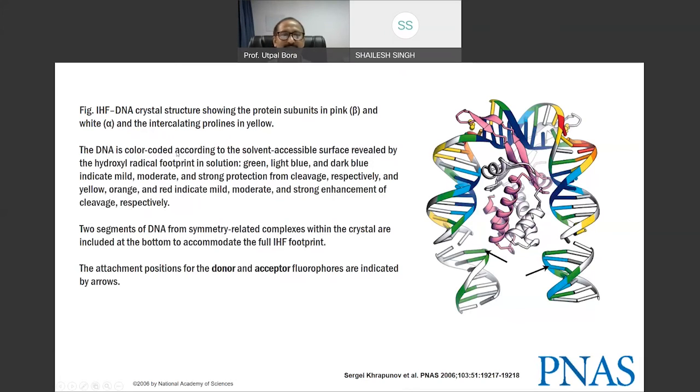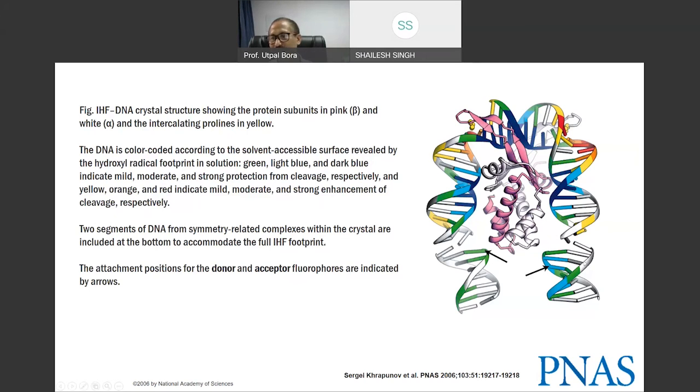So DNA is color coded according to the solvent accessible surface revealed by the hydroxyl radical footprint in solution. Green, light blue, and dark blue indicate mild, moderate, and strong protection from cleavage respectively. And yellow, orange, and red indicate mild, moderate, and strong enhancement of cleavage. The two segments of DNA formed symmetry-related complexes within the crystal are included at the bottom to accommodate the full